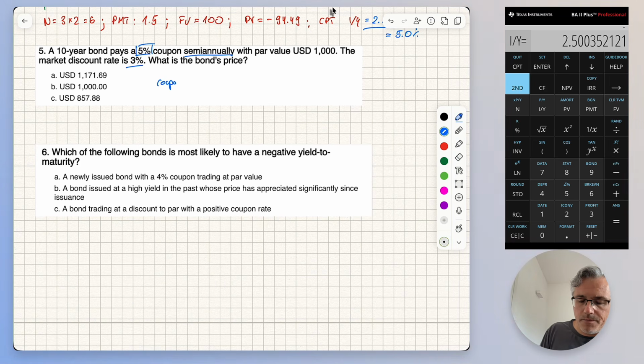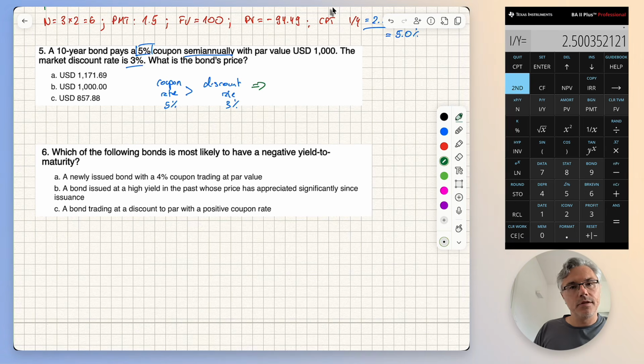The coupon rate, therefore, being 5%, is higher than the discount rate, that being 3%. And that should convince you that the bond will trade at a premium. The bond trades at a premium, obviously, to par value, and there's only one answer where that is the case,